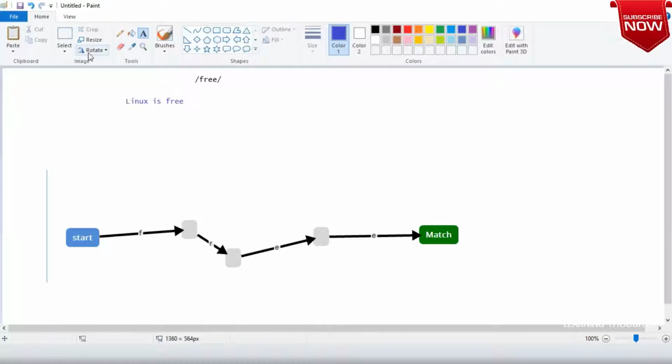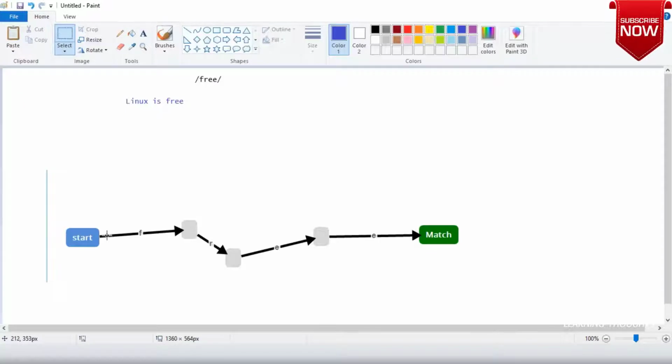Now what it would do is first try to take the letter L of Linux. Is L equivalent to F? That is not the case, so it will go to I. Is I equivalent to F? No, that is an error. It will go to N, then U, then X. It will try the space, I, S,